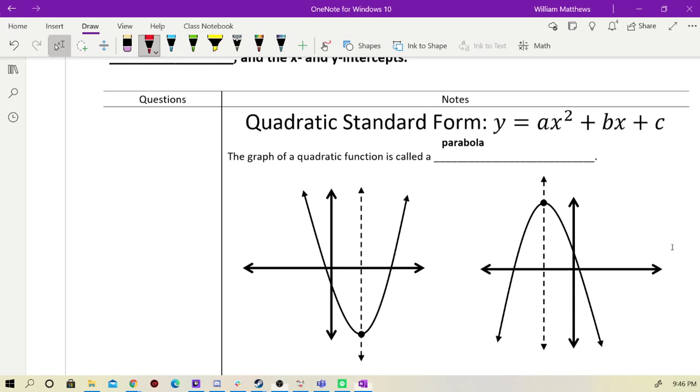Now, before we get to an actual example of one of those equations, we're going to start labeling two examples of parabolas. In this case, the dotted line represents where our parabola changes direction. This is what we call the axis of symmetry, which I'm going to shorthand as AOS. Now what this dotted line is showing,